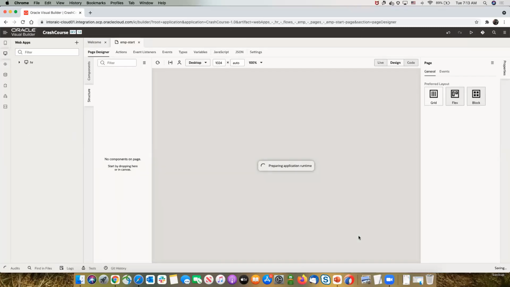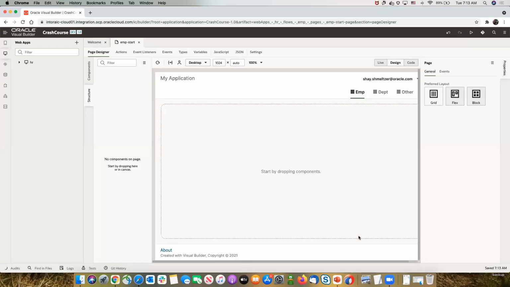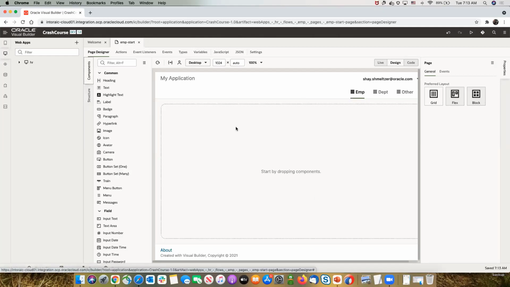Once you click create, you're going to be taken into the visual editor. So this is the environment where you're actually going to develop your application. And what you can see in the middle is your page. This is the page that you're going to build now. You can see the navigation at the top. We're right now on the emp page, and you have an empty area, and you start by dragging and dropping